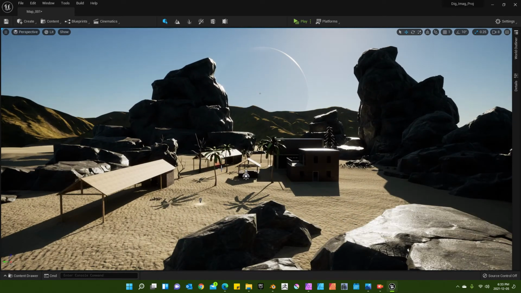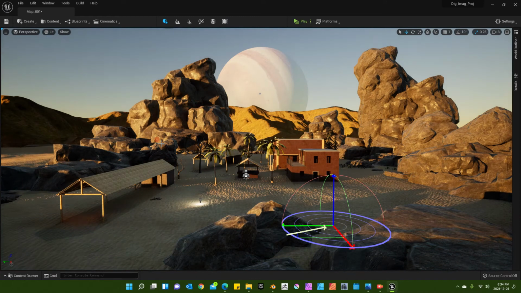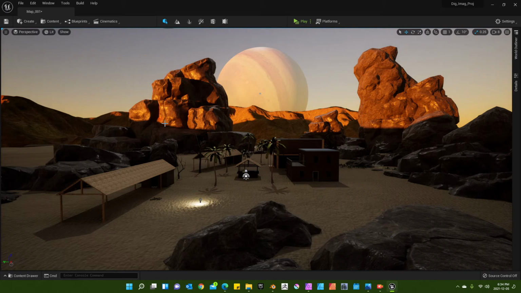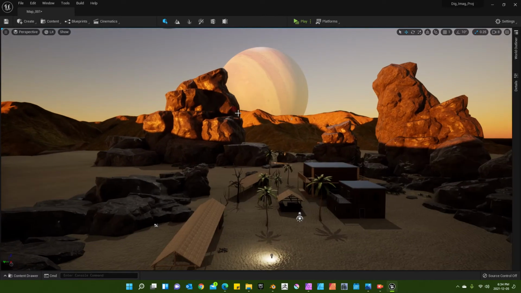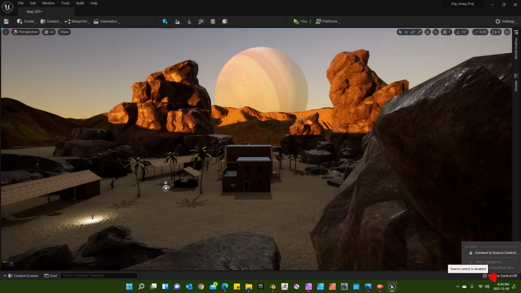So pretty much, I put a sun. I have a lot of lighting going on here. I created a sun that I can manipulate, just to change the time of day, so I can pretty much go from day, night, dawn, dusk, anything. That way, I can create any mood that I want. So that's what I want. I want it to be flexible. Actually, this composition looks really good. Hmm, I think I came up with a good composition here accidentally. Yeah, I like this. Okay, so moving on,